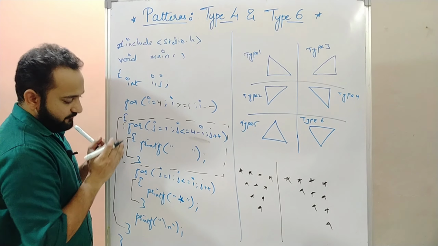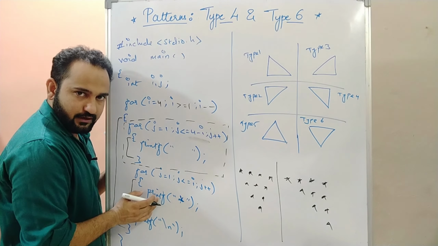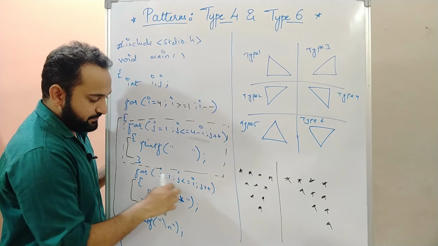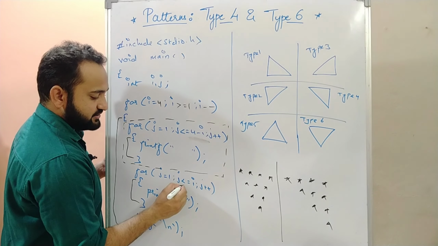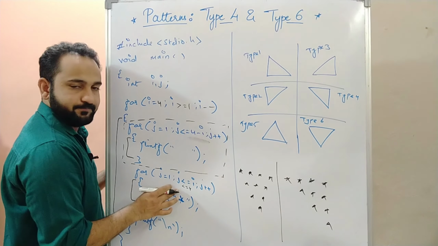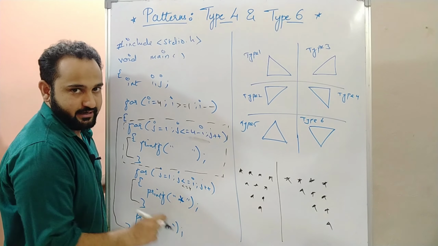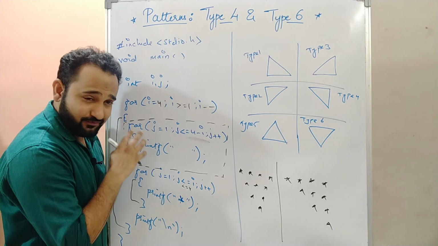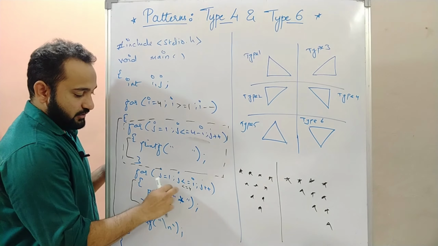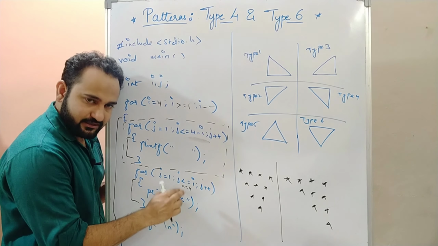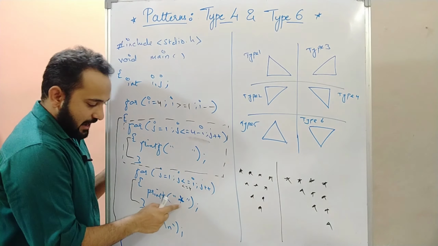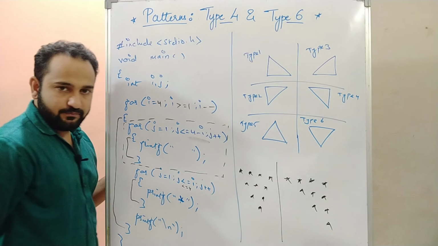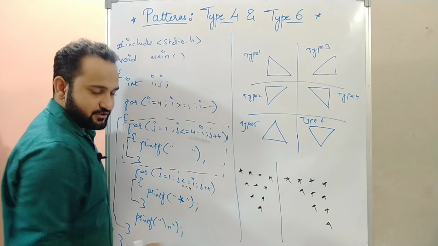Fine. So after this for loop, you have another for loop, so it will enter into this. The value of j will be initialized to 1 again. It will iterate from 1 to less than or equal to, what is the value of i? 4. It will iterate for 4 times: j equals 1, j equals 2, j equals 3, j equals 4. We have run it a lot of times already, right? How many stars will it print? It will print 4 stars. We have not left any spaces after the star, so it will simply print 4 stars without leaving any spaces.